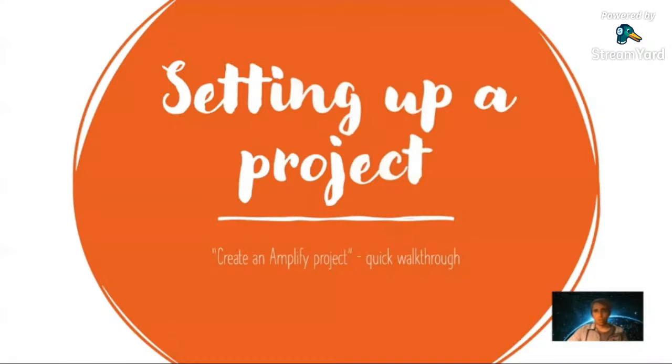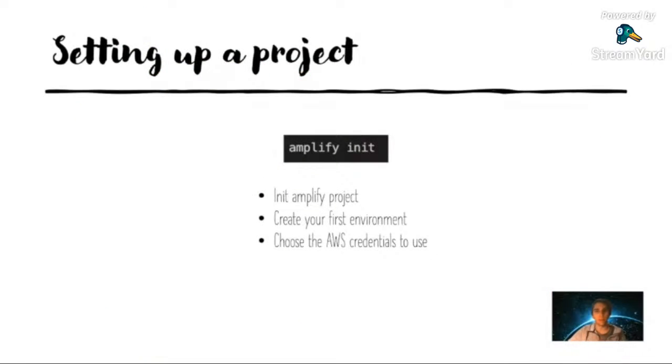I really want to show you some hooks to do the more advanced stuff too today. So we'll go over this quite quickly. It's quite self-explanatory. You just run the Amplify init command to initialize your project. And then you choose a name for your cloud environment. And then you also choose the profile and the credentials to use for this environment. So this connects you to a certain cloud account. And this tells Amplify which credentials to use when you run a deploy.